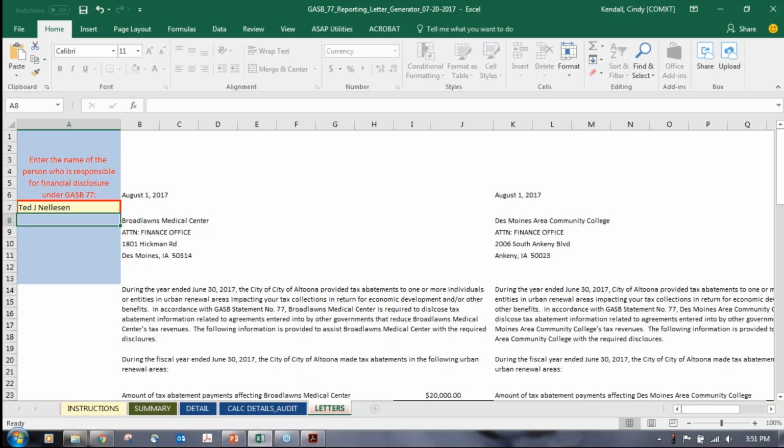If you have any questions on this sheet in particular, or any of the tools associated with GASB 77, you can contact me, Ted Nellison, at the Department of Management. My email will be provided on the Department of Management's website. My phone number, you can also contact me by phone, is